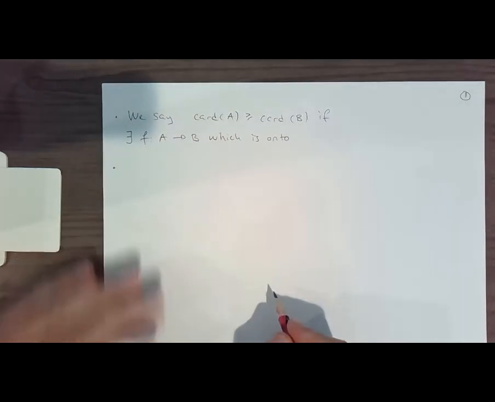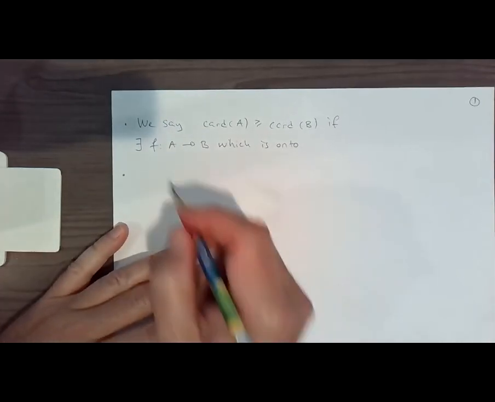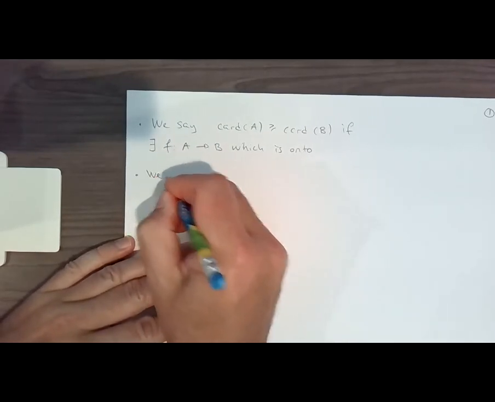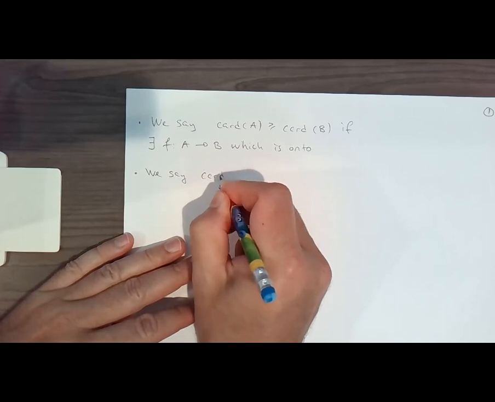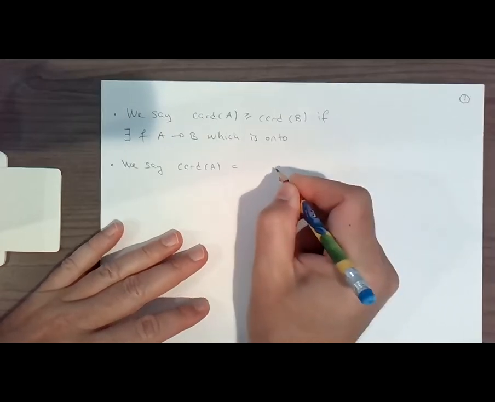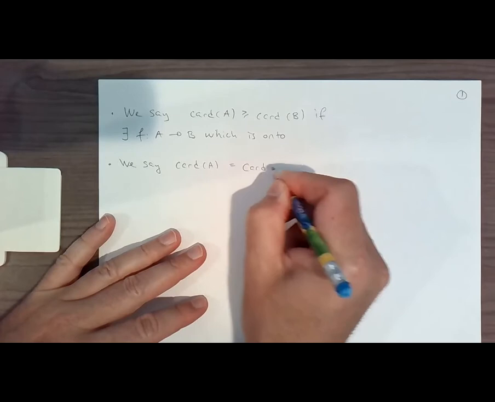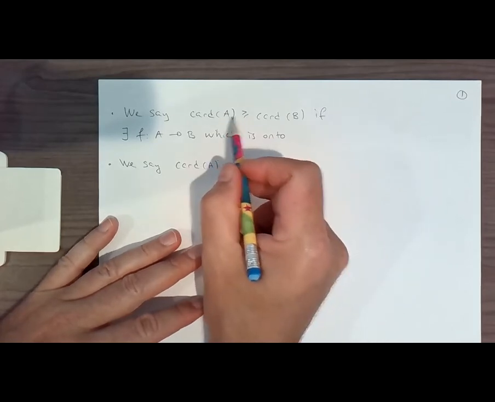And then we also say that the cardinality of A is equal to the cardinality of B. Keep in mind, we're comparing